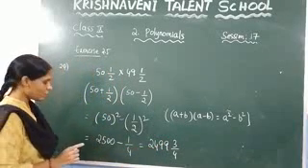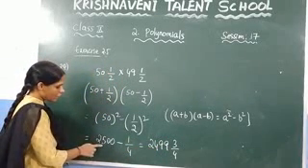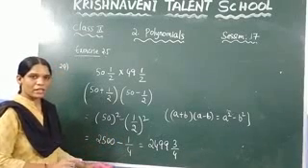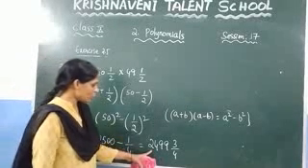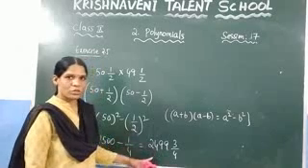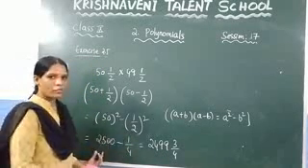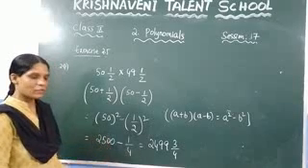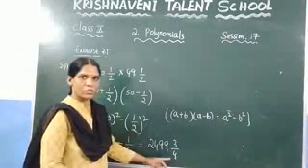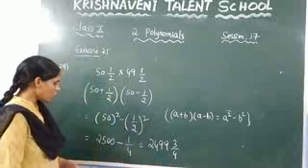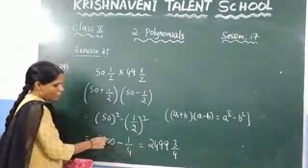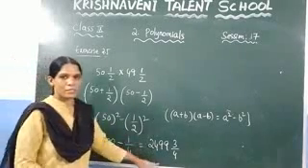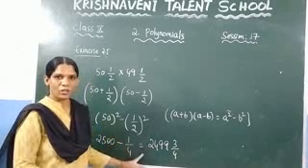Just I have subtracted 2500 minus 1. What is the value of 2500 minus 1? It gives you 2499. So 1 part we already took off from 2500. How many parts will be left out? 3 parts will be left out, so I have written 3 by 4. I have written this directly, or you can take the LCM, or subtract and again change it into a mixed fraction. It will be a long process.